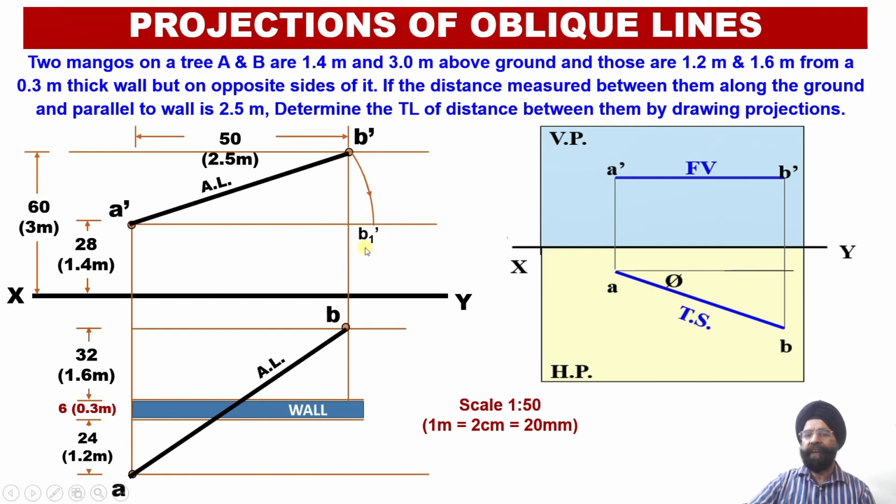So the point B1 dash will be obtained, which gives us the horizontal apparent length projection in the front view. Having obtained this, now if we draw projections through these 2 points onto the horizontal plane, we will be able to obtain the true length of the line